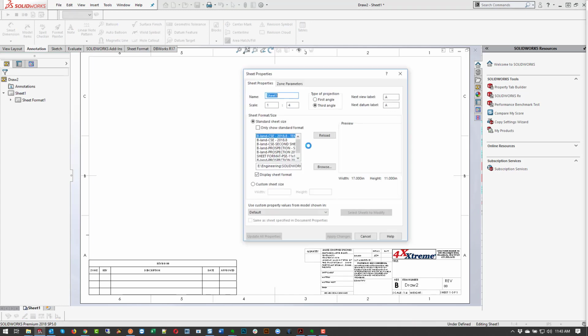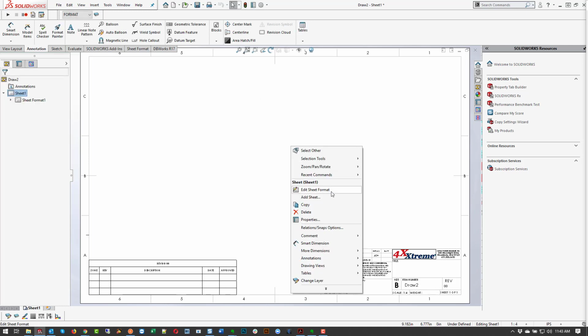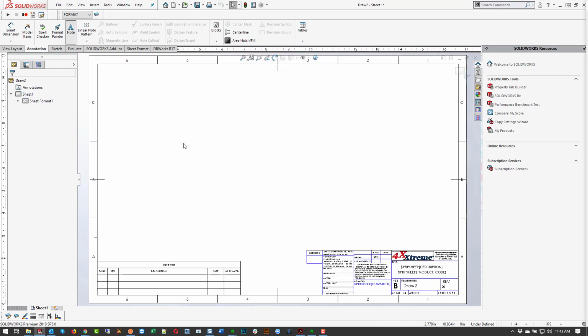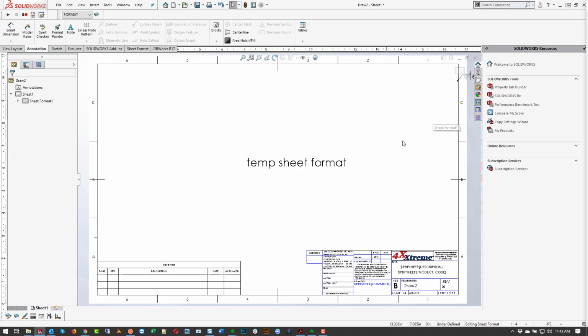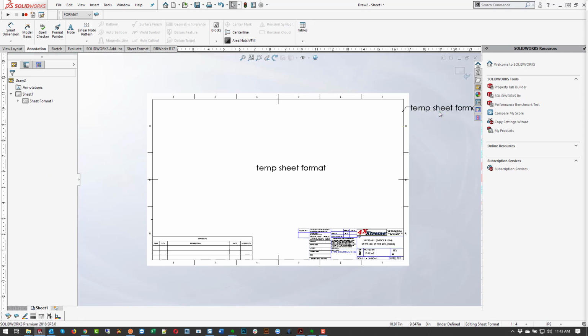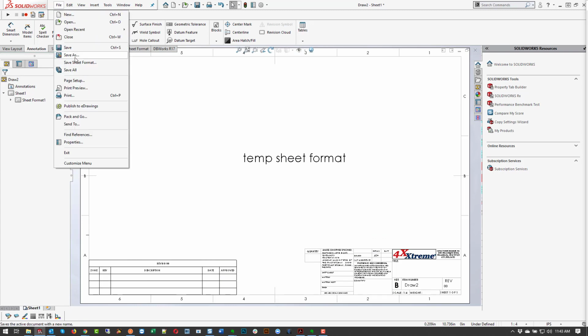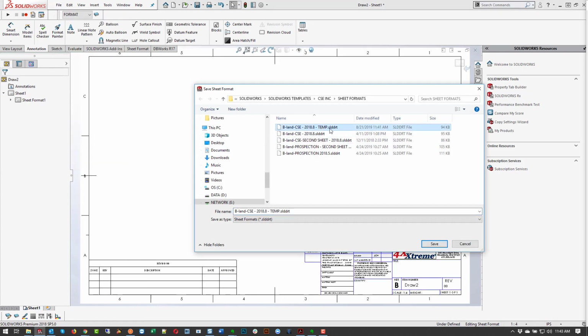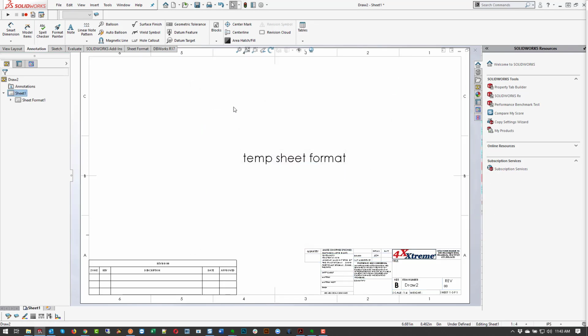Whoops. Properties, reload. Oh, forgive me, I didn't save it. So we need to save it. So I'm going to edit sheet format. I'm going to add a note. So temp sheet format. We'll make it big. We'll say OK. Whatever. So temp sheet format. Now I would save this and say save sheet format. I'm going to save over temp. So I'll say save. It says it already exists. And at this point,